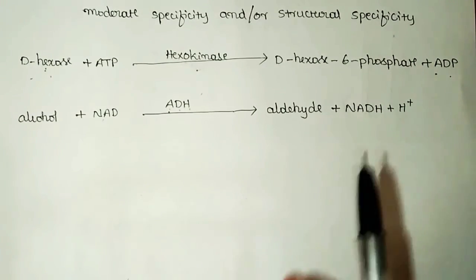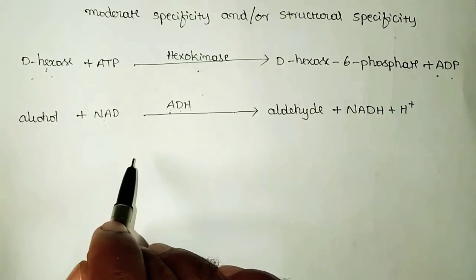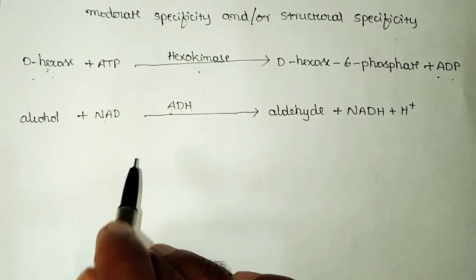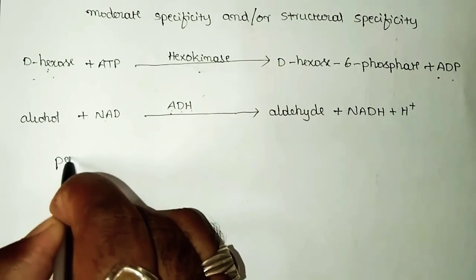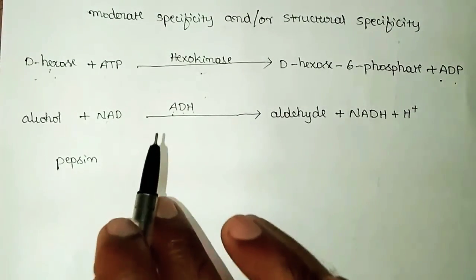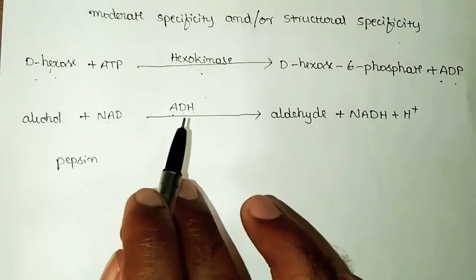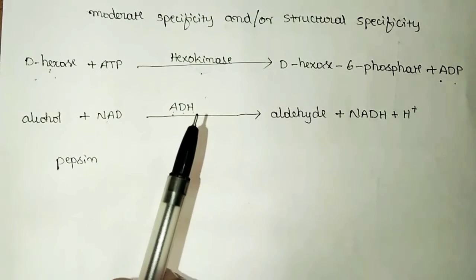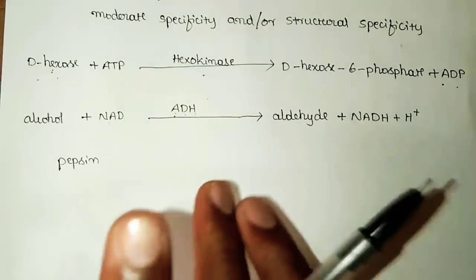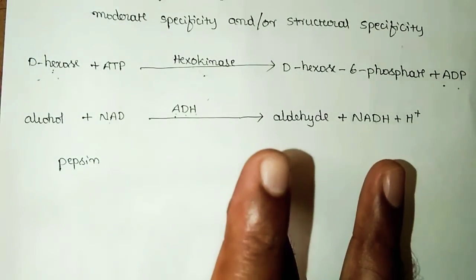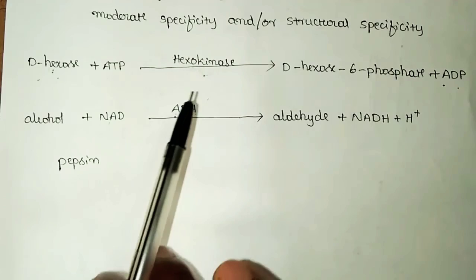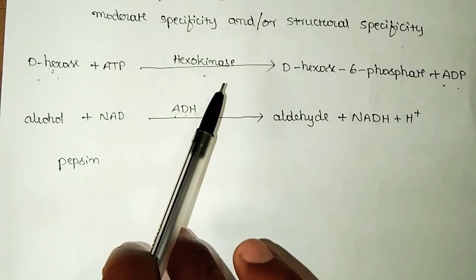And likewise we can give a few more examples for this group specificity. If you consider two enzymes, one is called pepsin. Pepsin is the enzyme which can be used to perform the hydrolysis of the peptide bond in which the amino group is contributed by an aromatic amino acid. So when amino acids are joined, we get two ends, one is the N terminal and the other the C terminal, right? So if a peptide bond is formed by two amino acids, and the amino group contribution is given by